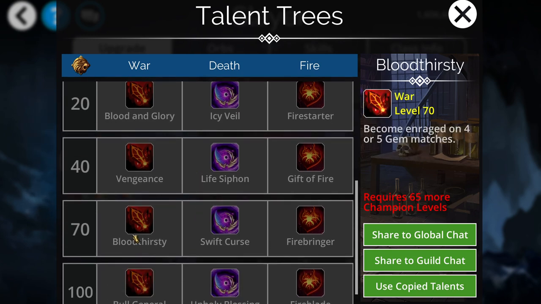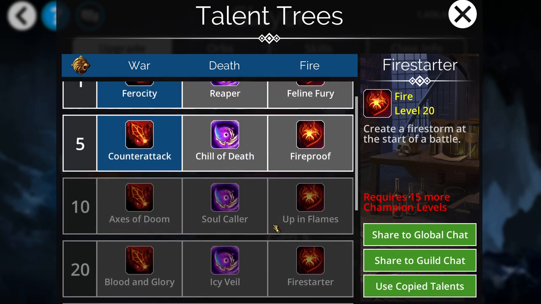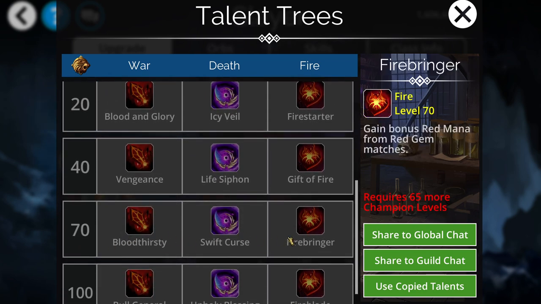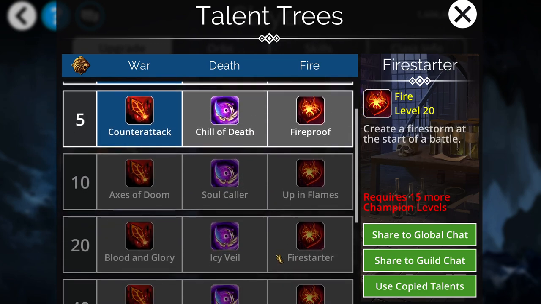Bloodthirsty, become enraged in 4 or 5 matches. It's okay. Deathmark, a random enemy at the start of battle. And then you have gain bonus to red mana. So this row right here for level 70 has some okay options. But again, it takes you all the way to get to 70 in order to get a few okay options. Rest of this stuff really isn't going to be